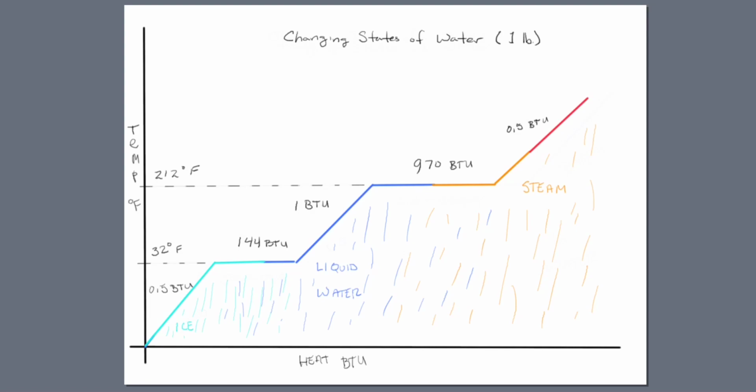So if you were trying to cool steam into ice, you would work backwards, removing a half a BTU per pound of steam per degree Fahrenheit until you reach 212 degrees. Then you would remove 970 BTUs to convert the last molecule of steam to liquid water, and then remove 1 BTU per pound per degree Fahrenheit to cool liquid water from 212 degrees to 32 degrees Fahrenheit, remove 144 BTUs,